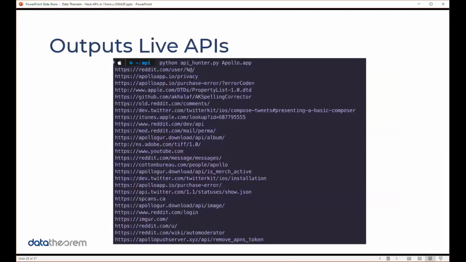All right, so another example of running that Python script that I just described against an app bundle. And you can see here that I pointed it to an application called apollo.app, and it printed out all of these strings that look to be APIs. These are specific to the Reddit website, but you'll notice not all of them contain API. Some of them have weird formatting. Some of them may not be URLs. So again, that's why it's important to connect to these to validate.